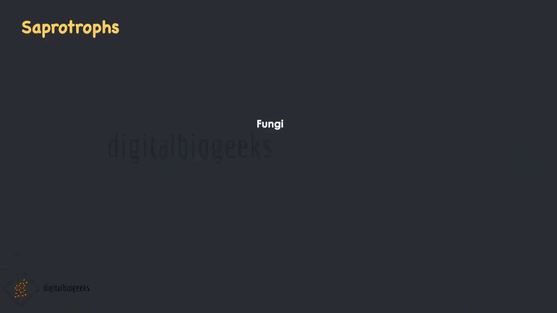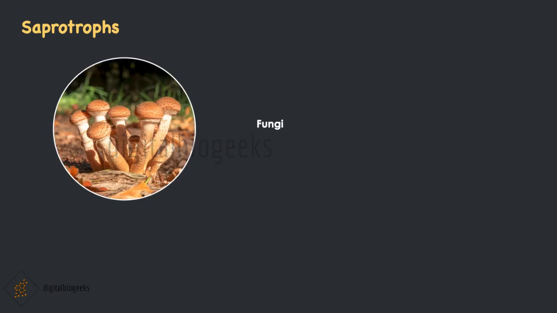Have you heard about a group of organisms called fungi? Most of the fungi are microscopic. That means they cannot be seen with the naked eye. We need a microscope to see them. But the example of a fungus that we can see with the naked eye is mushroom. You might have seen your parents bringing in mushrooms in packets from the market. Or you might have seen them growing in the soil or on dead trees and rotting wood.